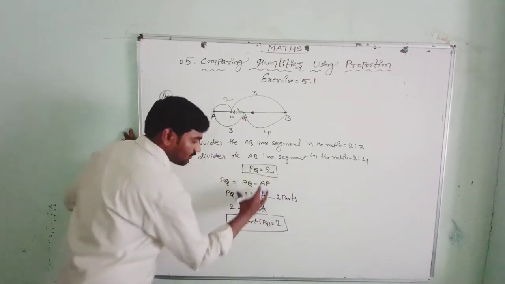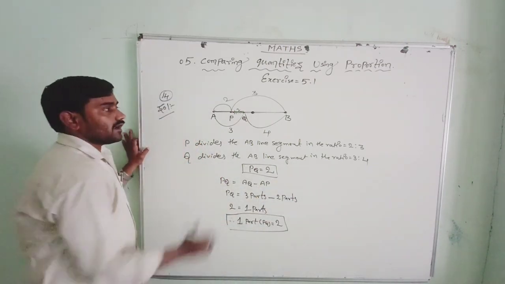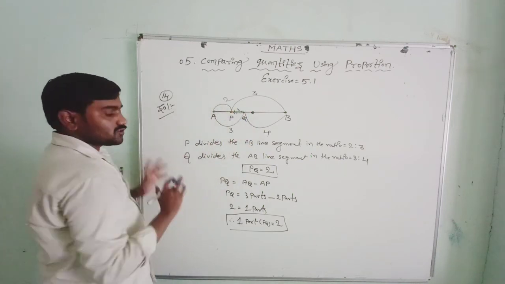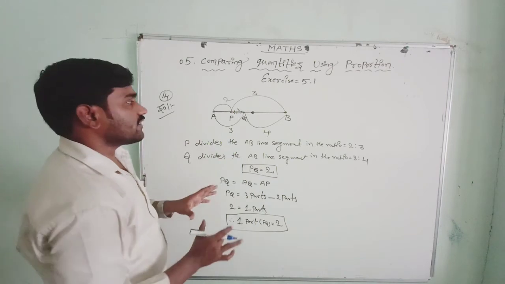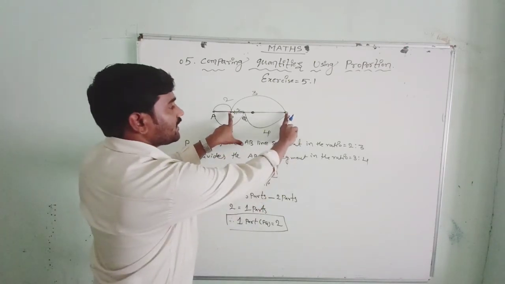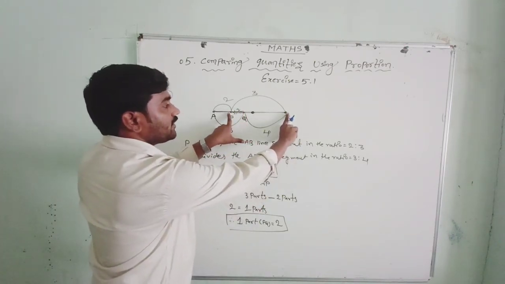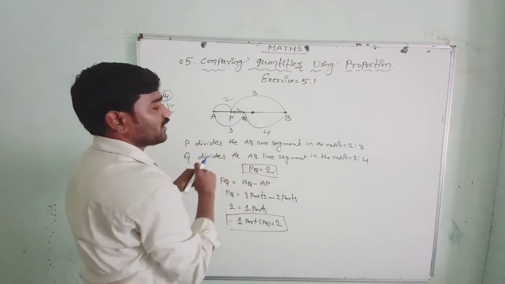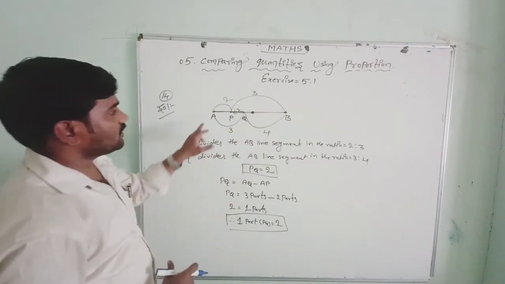Instead of writing a shortcut, I have given an explanation for that. That is, if we subtract AP from this AQ, we get this. So we got it. In another way we can write BP minus BQ, B to P minus BQ. You can do it like that also, but this is a better way.